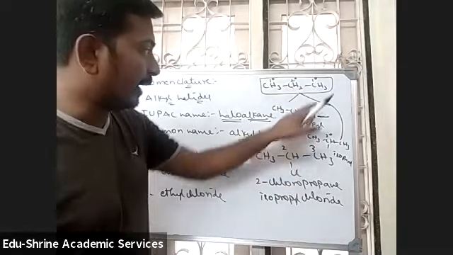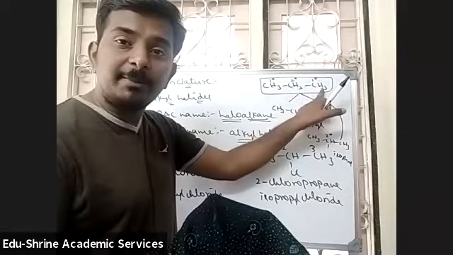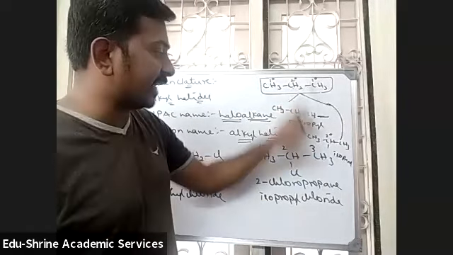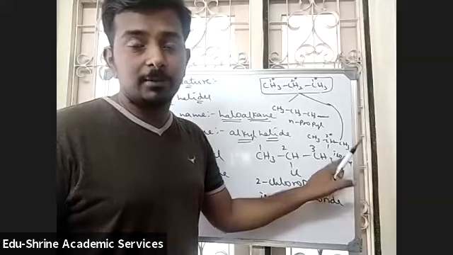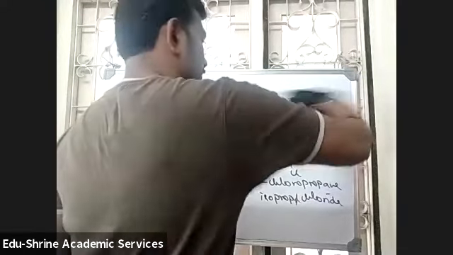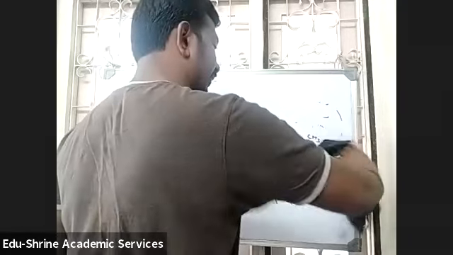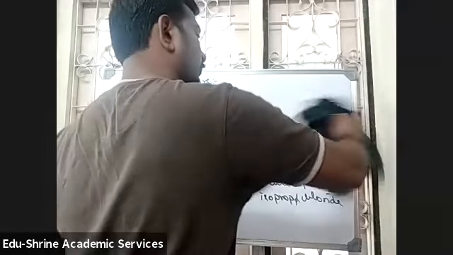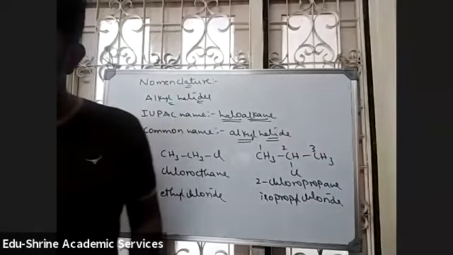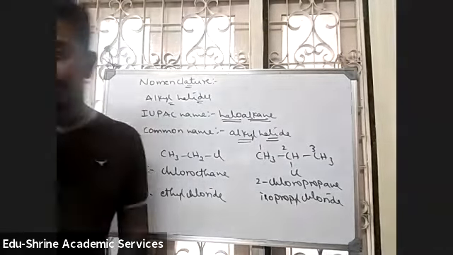So by replacing hydrogen of a primary carbon atom, we get N-propyl chloride. By replacing the hydrogen of a secondary carbon atom, we get isopropyl chloride. That's why you need to read, students, from the first view all these things. I cannot keep on revising all these things again. Okay? Write on till here.